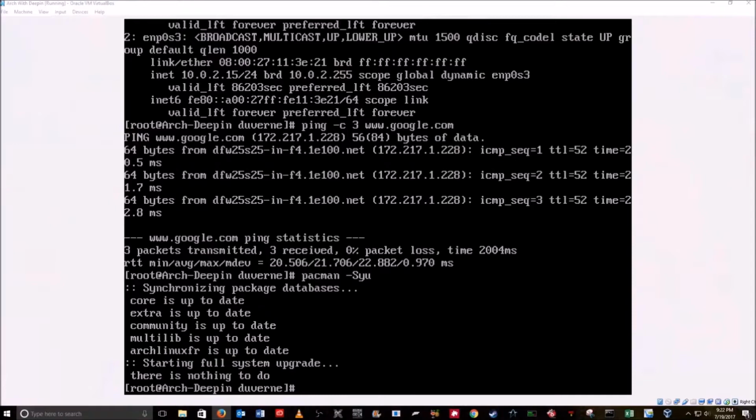So let's get started by first installing the xorg stuff. And to do that, we simply go sudo. Oh no, we don't need sudo. Just do pacman -S xorg-server, xorg-xinit, xorg-utils, xorg-server-utils,